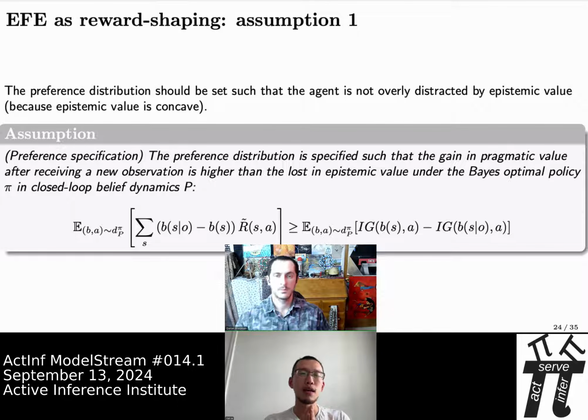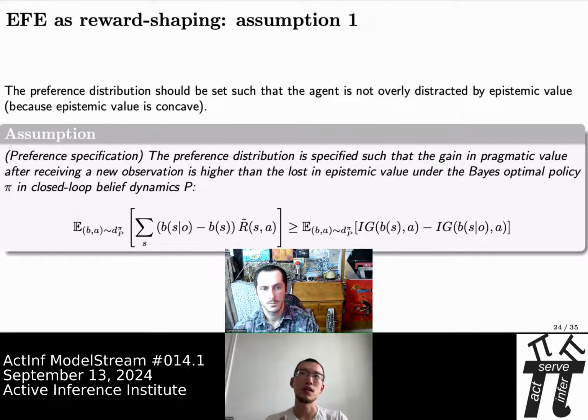And then there's also work from Noor, and I can't remember what it's called, but basically what that work does is it's trying to use Bayesian updating to learn the preference as the agent interacts with the environment. So basically, the agent would start by having some preferences about what states or observations to achieve in the environment. And as the agent interacts with the environment, it would actually refine its own preference model, rather than its model of the dynamics of the environment.